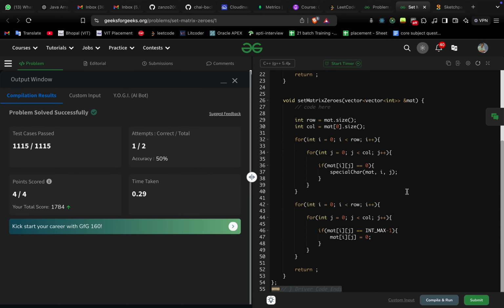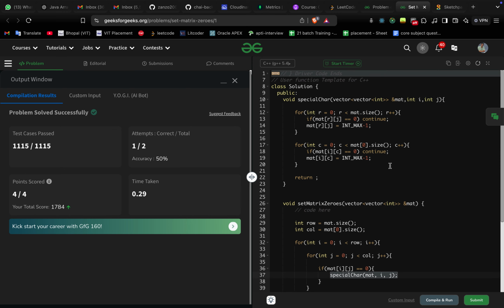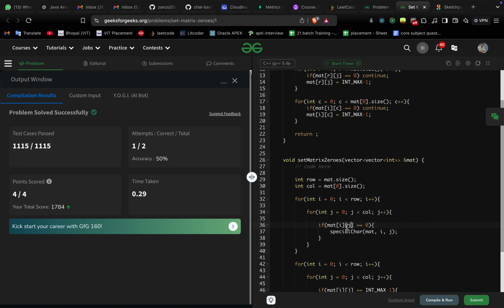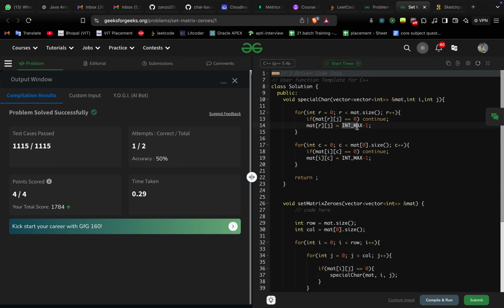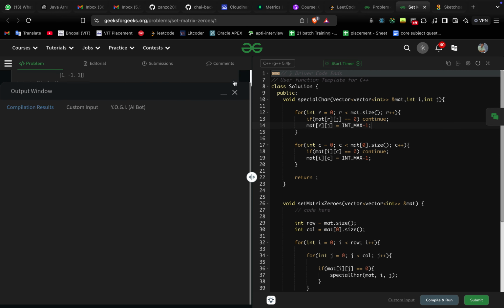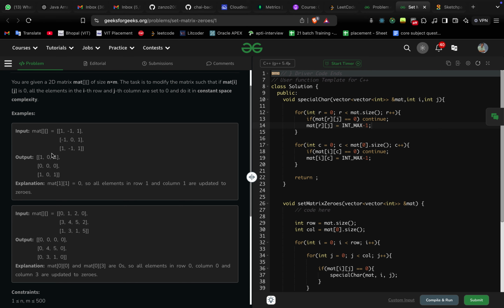So basically what we have done is we have iterated, and when we find the element that is equal to 0, we are going to call this function, and the purpose of this function is to convert all the rows and elements at i comma j where the element is equal to 0 to a special character which is int max minus 1. But if the element in its row or column is equal to 0, then we will be skipping it because of anomaly, and that is obvious in this case, that if we convert it into that int max, then